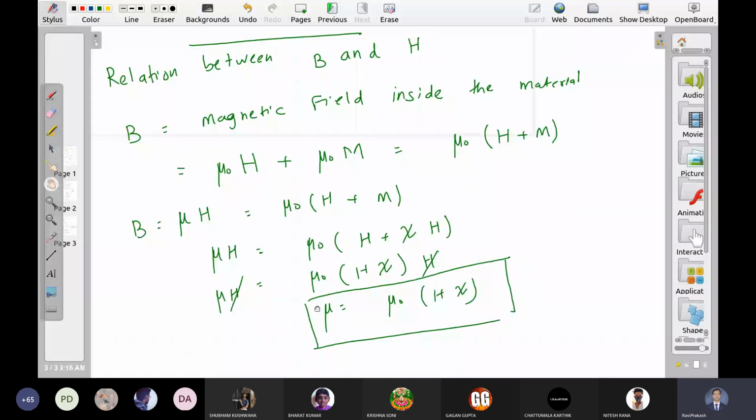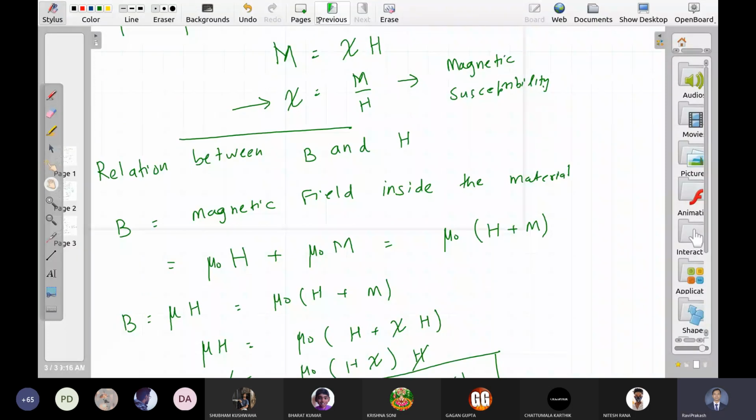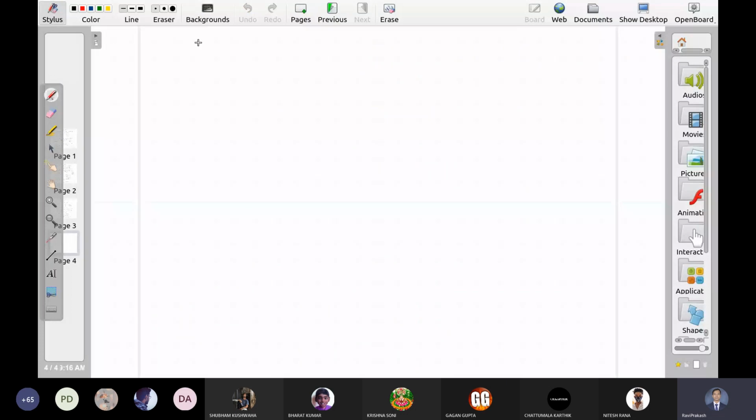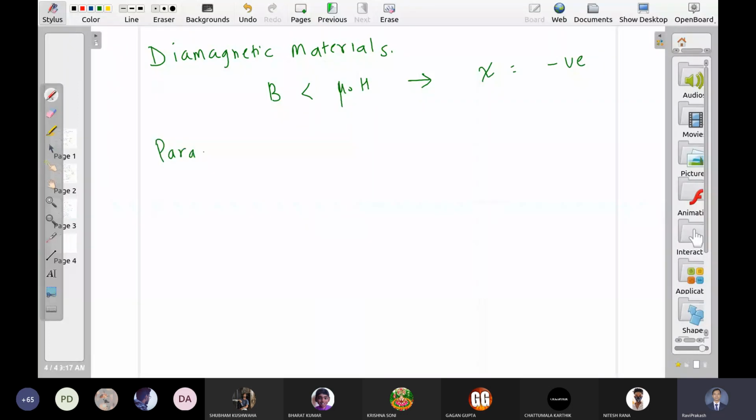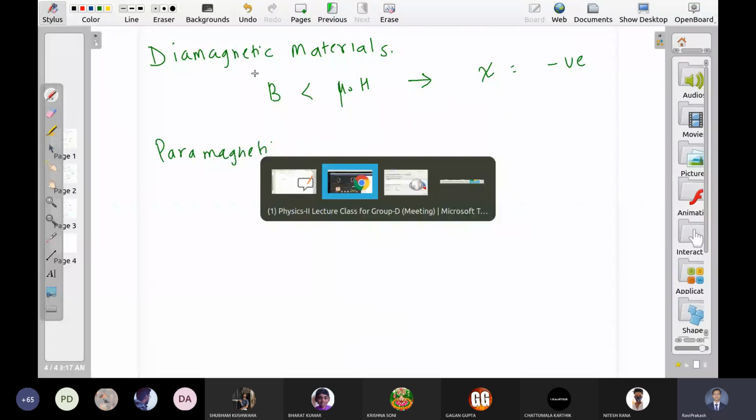What is the value of chi for diamagnets? Positive or negative? Negative. For diamagnetic material, obviously, B is less than the applied field. It simply means chi is negative. For paramagnetic materials,